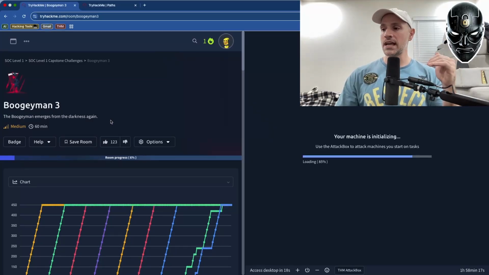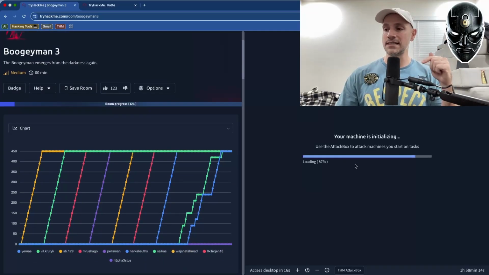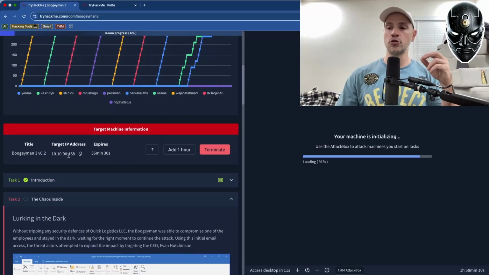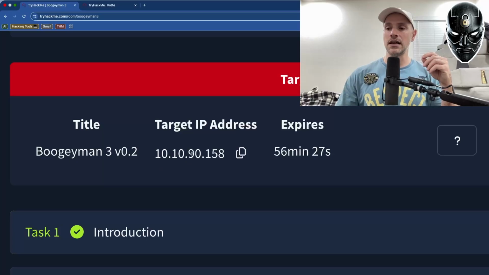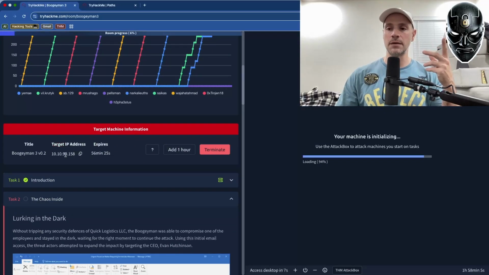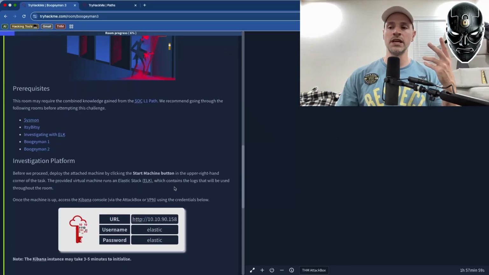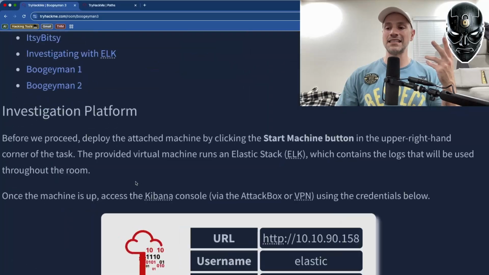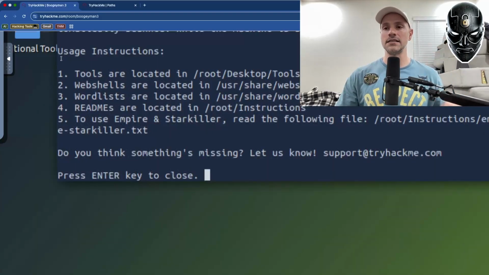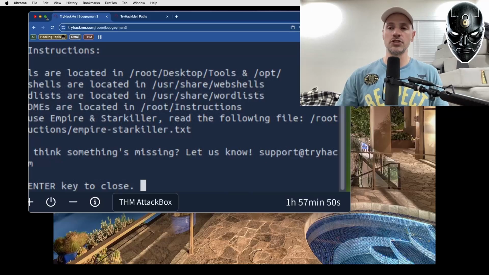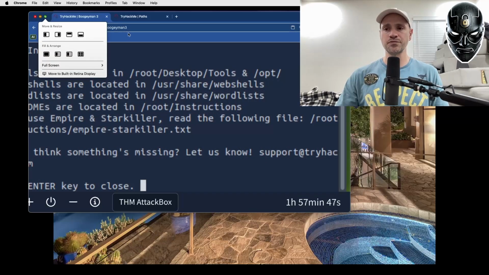And this is the attack box that I'm using right now. The attack box is not really going to be used to attack the victim machine. This IP address that we've been assigned is the IP address for the Kibana Elk Stack. So Kibana is a SIEM tool, and Elk Stack or Elastic Stack is an open source security information and event manager tool that we can use essentially to go